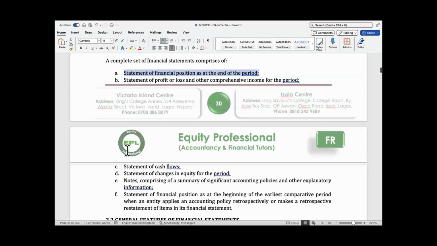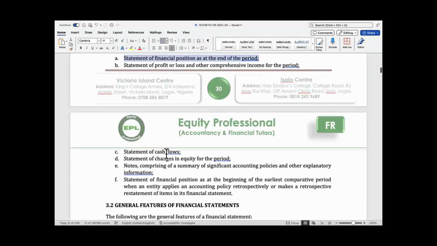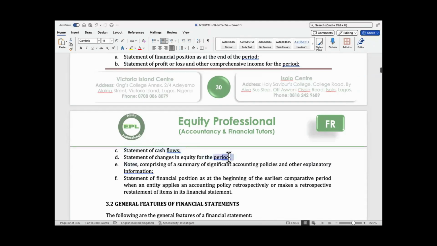In fact, this statement of cash flows will be taught under a separate topic, under IAS 7, which I think will be the third topic Mr. Kazim is going to teach you. Then statement of changes in equity, we would look at a lot of it. Then notes